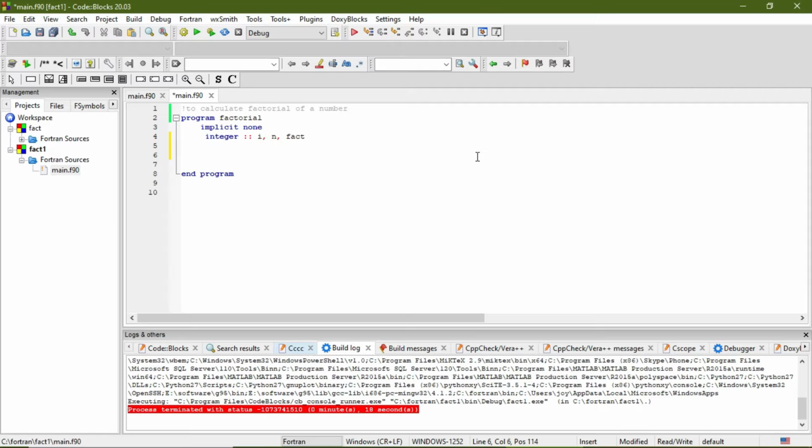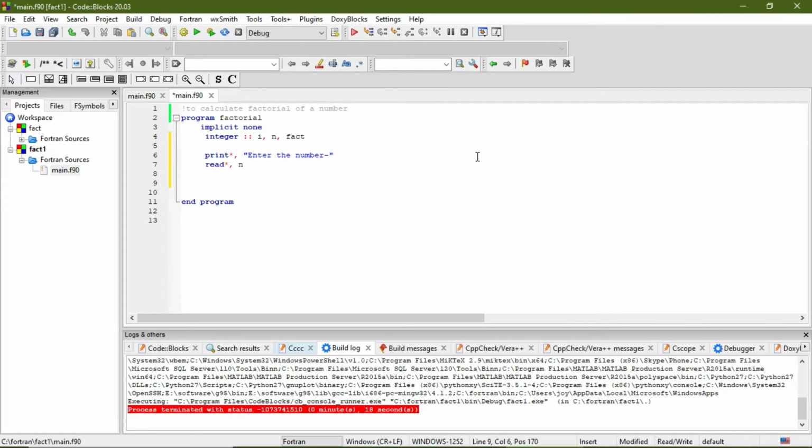Now just print, in quotation, "enter the number". Now we have to read the number, read n.